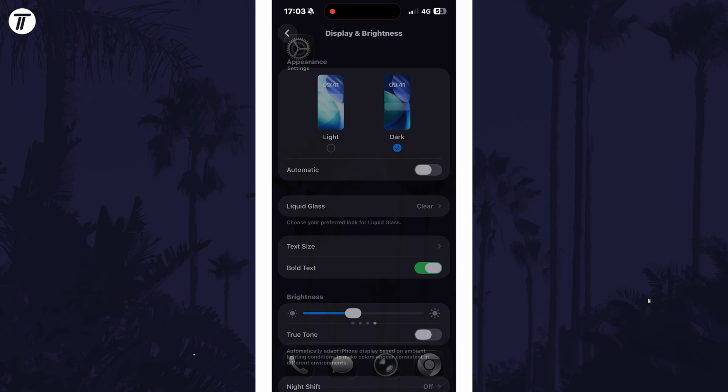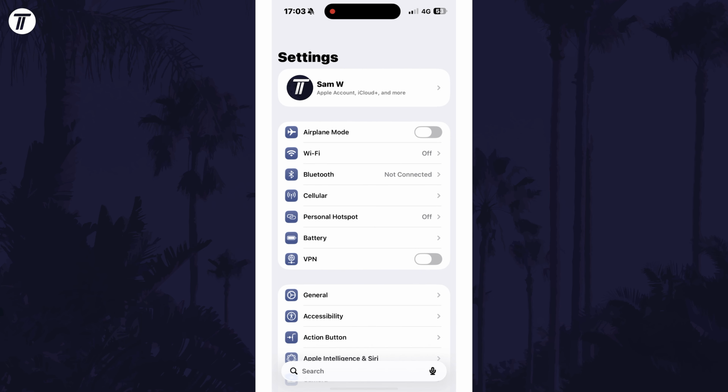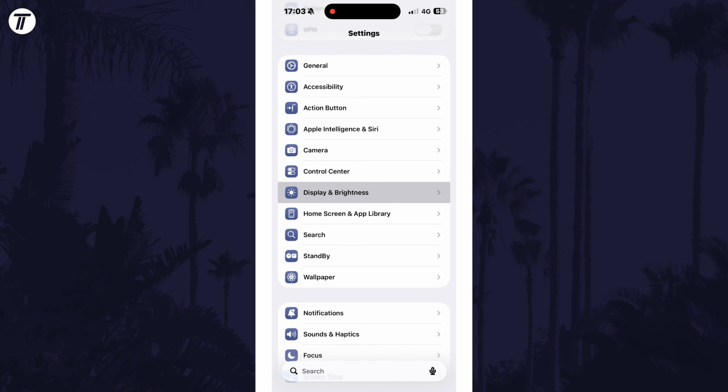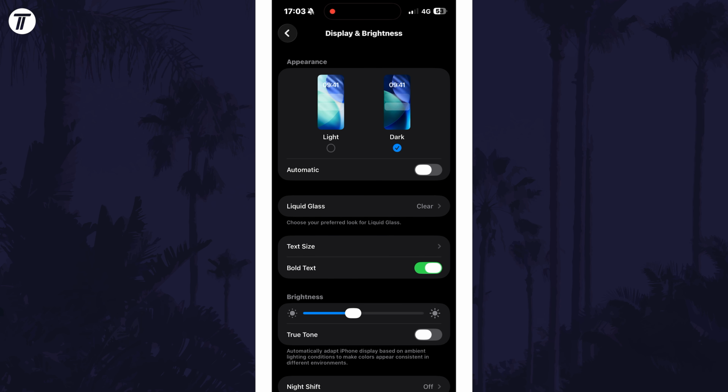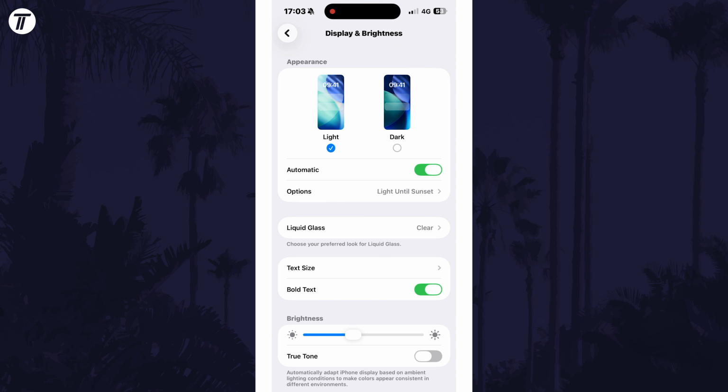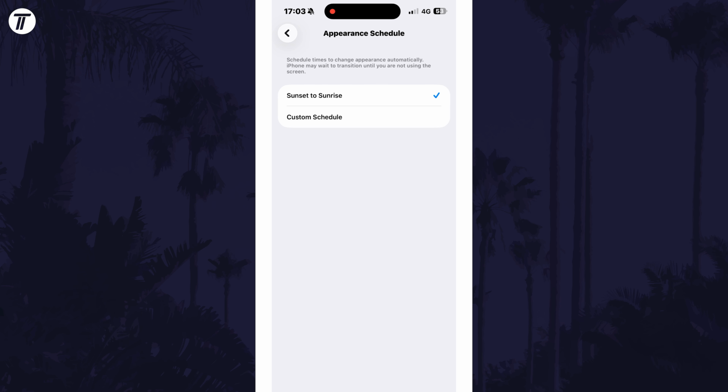Open the Settings app first, and then scroll down and choose Display and Brightness from the list. Within here, look in the top Appearance section, and to turn on dark mode, make sure that Dark is checked here. You could alternatively set it to Automatic, and then set it to change either on a custom schedule or